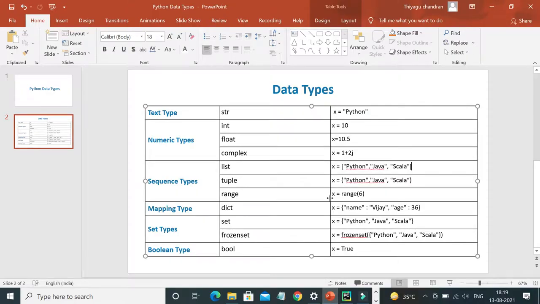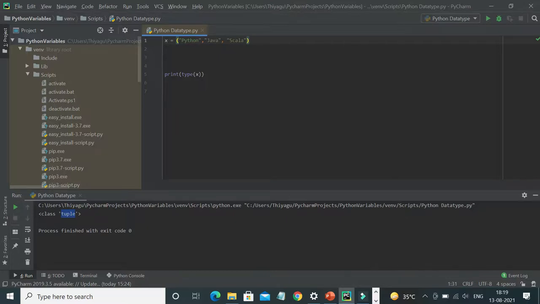And then we have something called a range. Okay, range is something which, as the name denotes, is used to identify a range of elements starting from the 0th index to the value we have specified. So I have defined x equal to range of 6 here. So when I let me paste it here. Okay, it printed me the